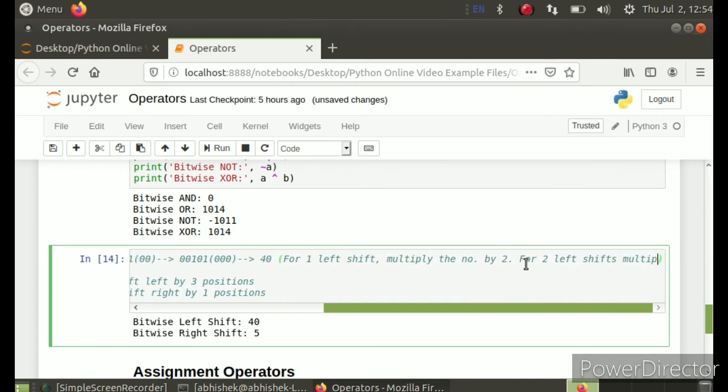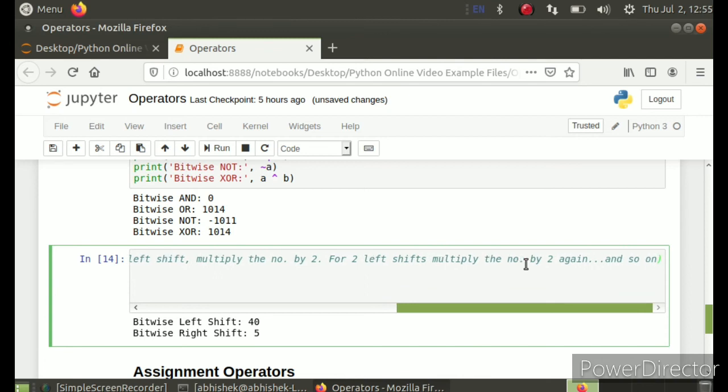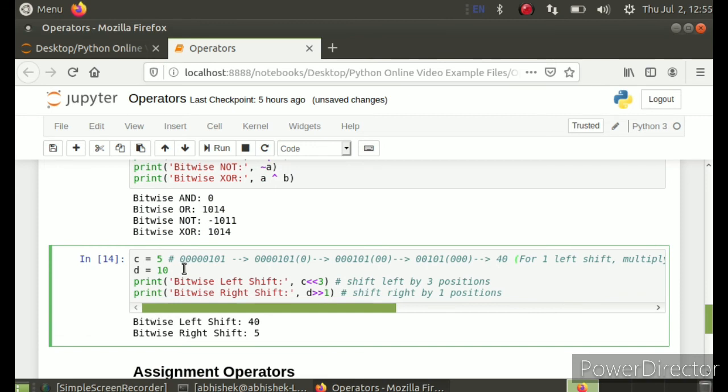Like here I have got the number 5, and I have to shift it 3 times. So for the first shift, 5 into 2 is 10. For the second shift, again 10 into 2 is 20. And for the third shift, again 20 into 2. That's why I'm getting the result 40.